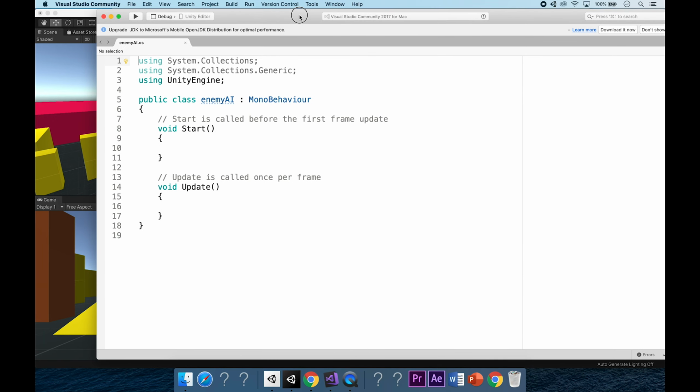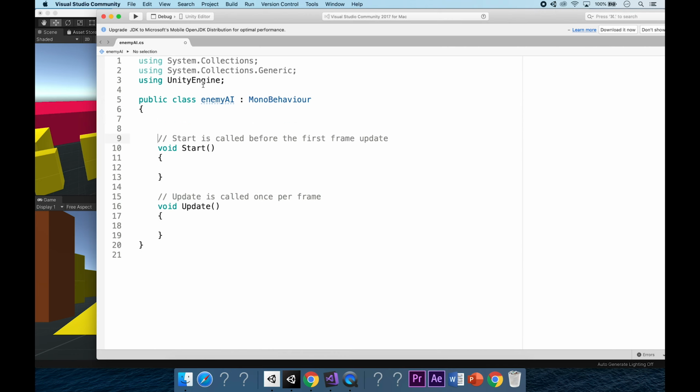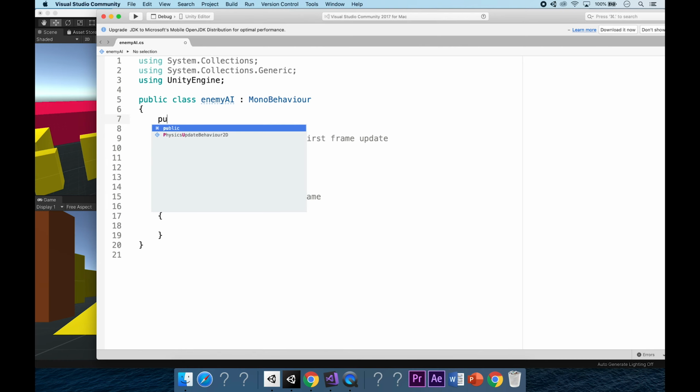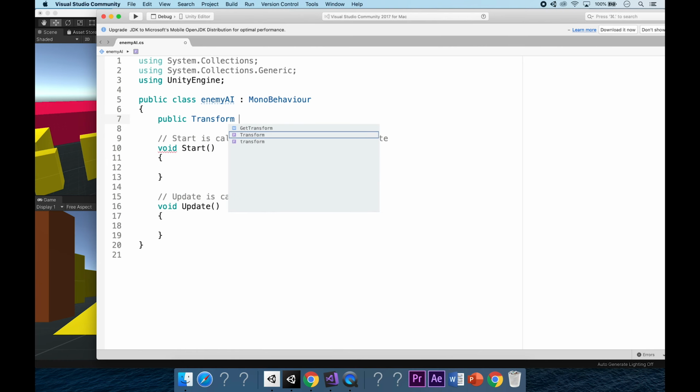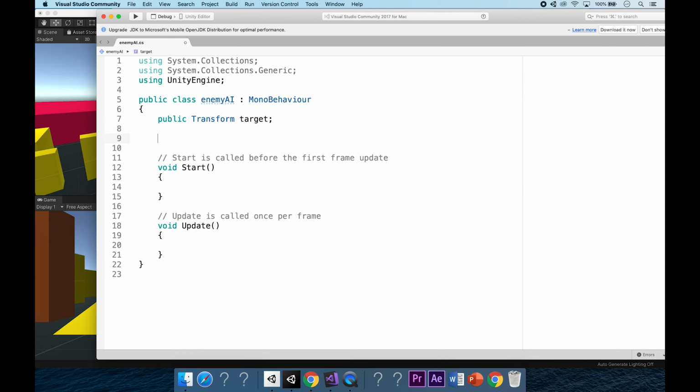Cool. So the first thing we're going to do is we need to call up our target as well as the NavMesh agent itself. So if we type in public Transform and call that our target, so our target would be the player, and then we're going to create a private